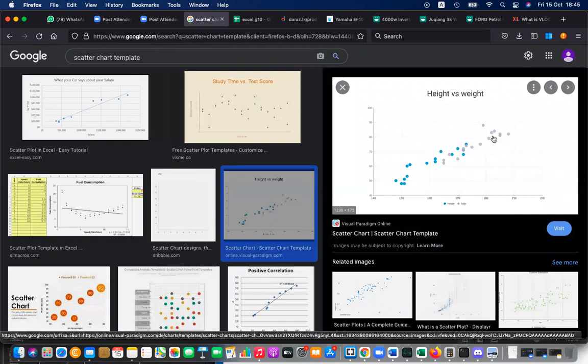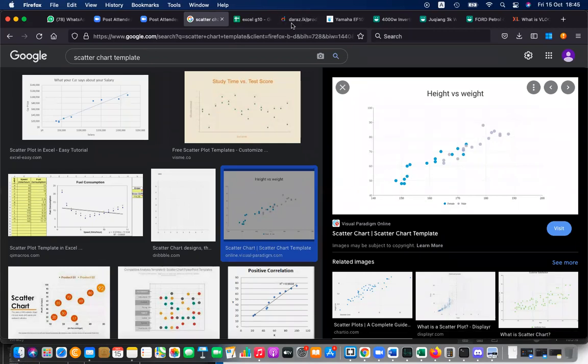Relationship එක බලාගන්න. Height and here male. මේ male කට්ටියගේ height weight change වෙන හැටි. You can see the height range of males and the weight range of males is typically higher than women. But the height range of women is typically lower than men. So in this range, both men and women have their height and weight; this is the mid range. But the very high range is only men, and the very low range only women. So likewise, you can analyze data using a scatter chart. That is also important to find out relationships.